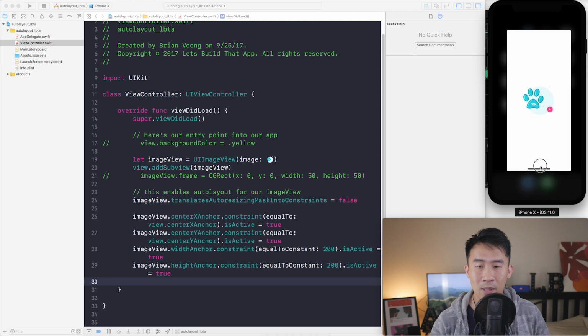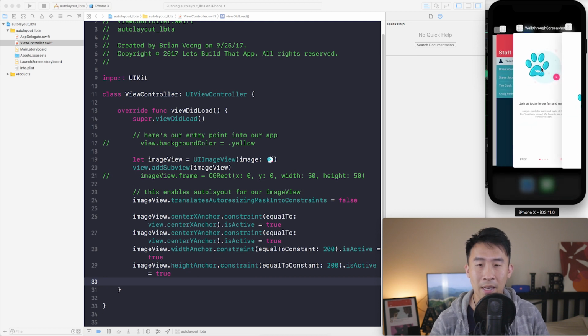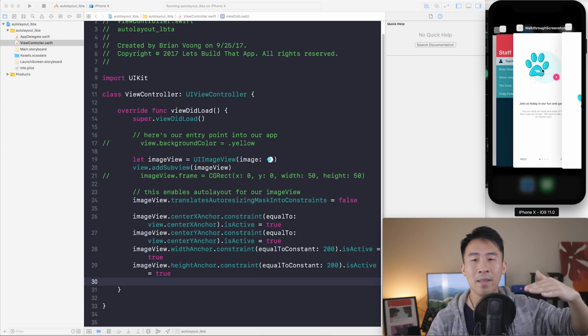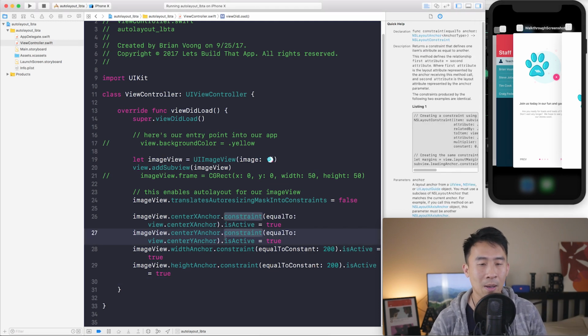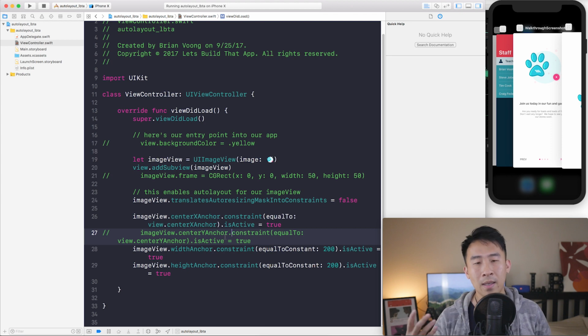And seeing what our application looks like right here, we don't really want to place the image view directly in the center in terms of the Y, the vertical axes. Instead, we want to place it closer to the top somewhere. So I'm going to place it about, let's say, 100 pixels from the top. And what that means is I'm going to comment out the center Y anchor. I'm going to use a